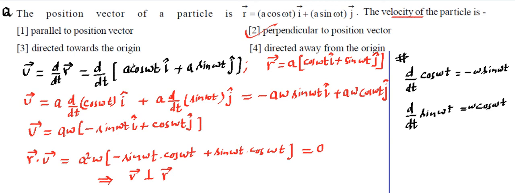Making sense? So here differentiation rules have been used, so you can add this in your notes. This is the rule. In the upcoming videos you will be learning these rules. And here we have used vector laws and some physics like v is equal to dr by dt, and then checked our answer.